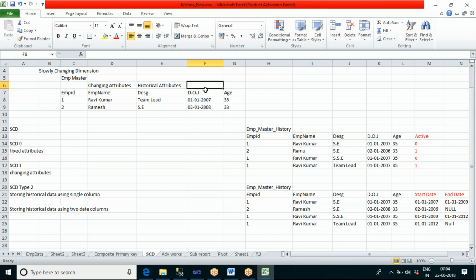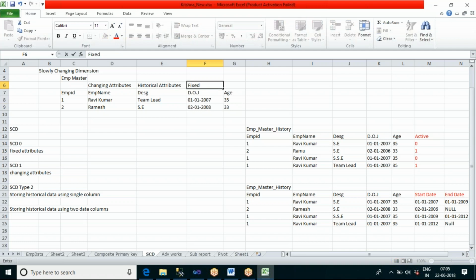So the columns for which the data is fixed come under SCD0. If anybody tries to update that column value, I should not accept it. Those columns are called SCD0 columns or fixed attributes, whose data is fixed.